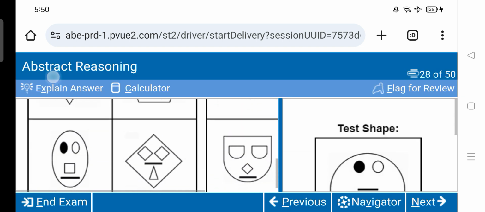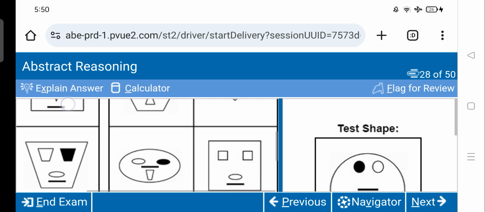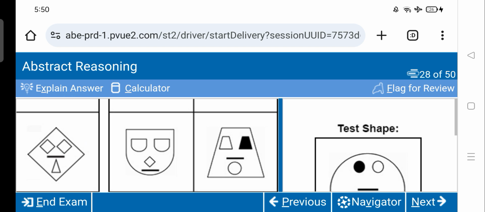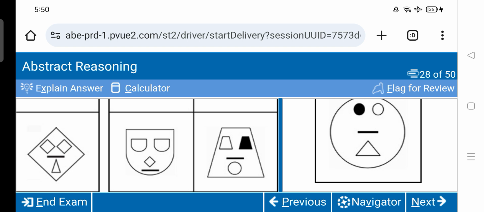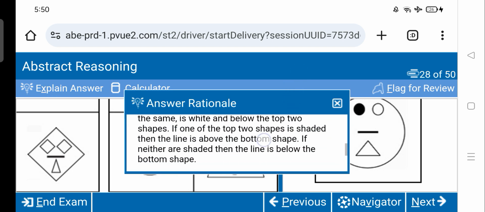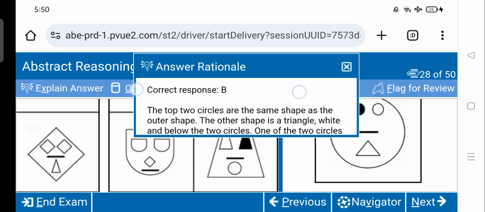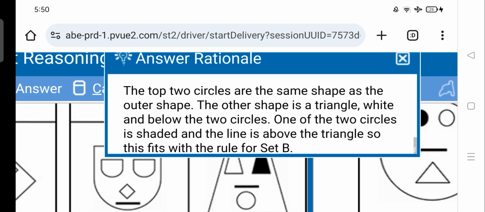Now again we have the same set of arrangements, same set of shapes for set A and set B here as you can see, but the test shape is different, which is in this form. So the rules are the same and the correct response we have is option B, as the top two circles are